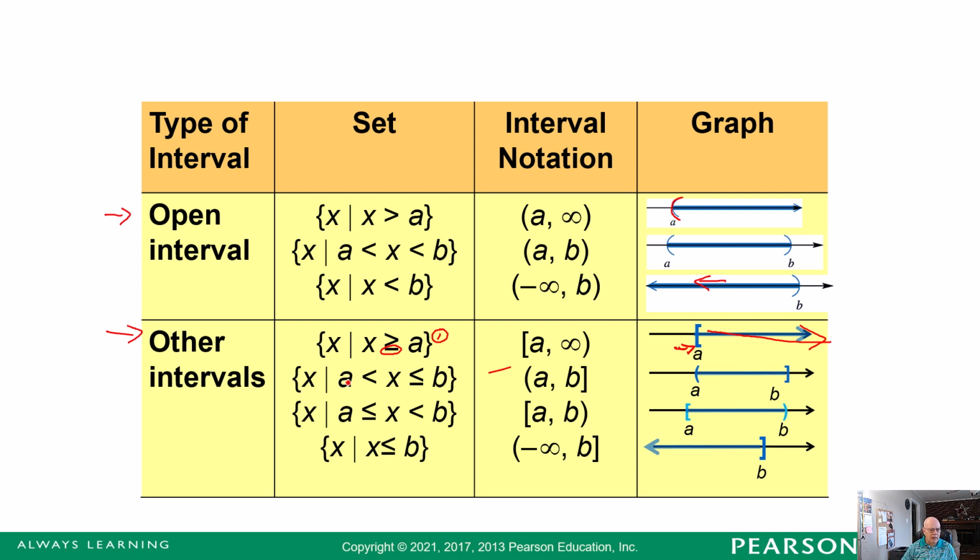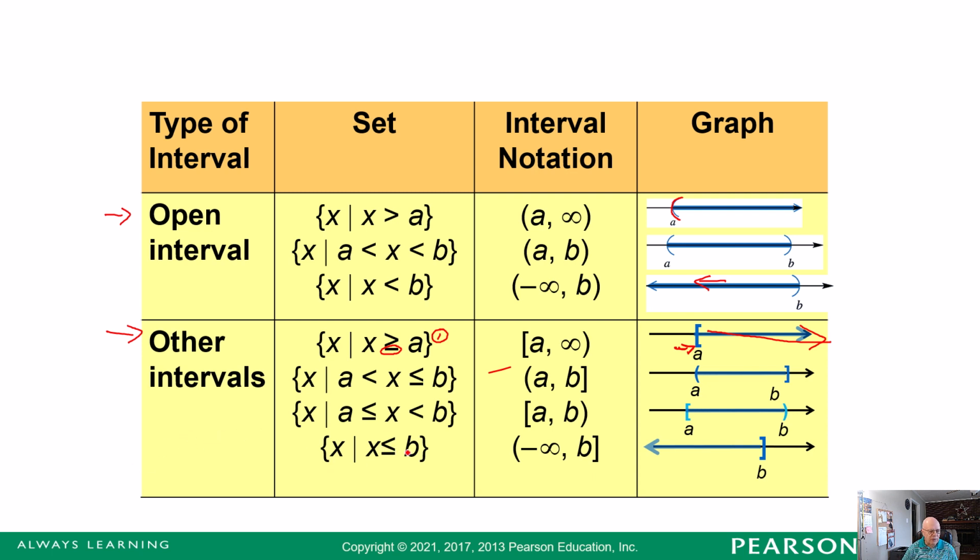brackets. The next one is very similar to that, except we start at a, including a, but we get to b, but don't quite get there. So there's a bracket at a, meaning we include a, a parenthesis at b, meaning we don't include b, but everything in between. And last of all,